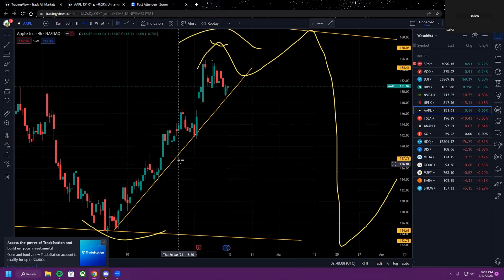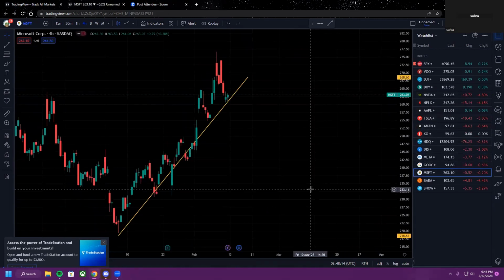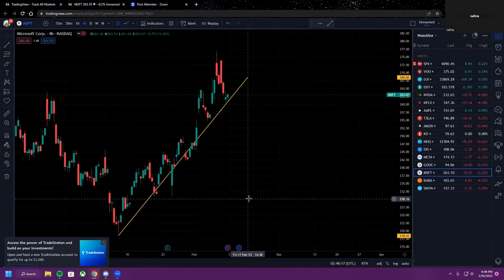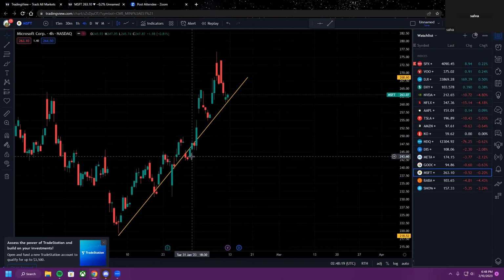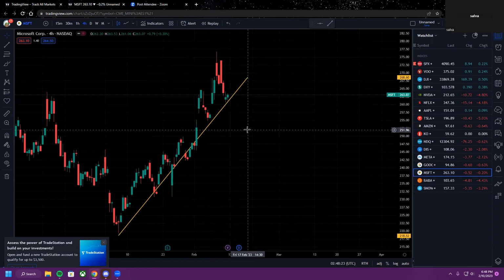Yeah, it is steep. But you know what? I think Microsoft. Even though it had some fake outs, I still think so. So from looking at all of them, perfect, bro, and you identify that too. The strongest looking ones are Microsoft and Apple. I would favor Apple a little bit more